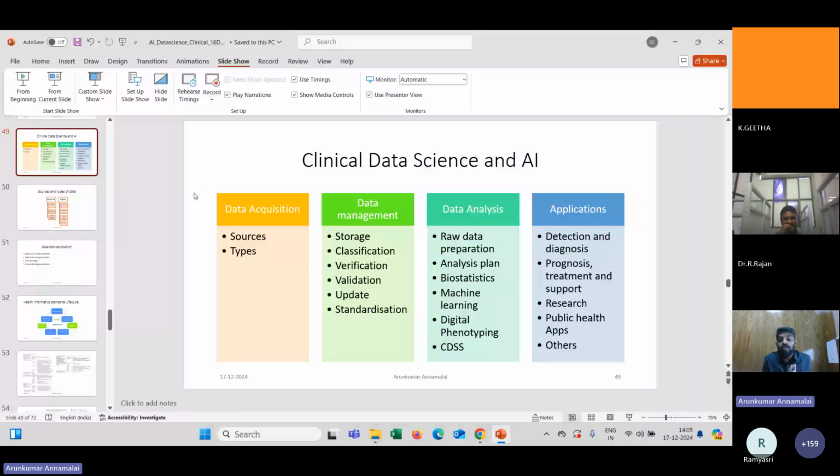Now, here the data that's being collected, the format, the source, the type will be completely different. Now you move. When I put a similar cubicle next to the doctor, you have two cubicles, but two doctors are seeing two different patients. The data that's going to be generated is going to be completely varied. So this variety of data, the inconsistency of data, is the biggest challenge with clinical data, where most of